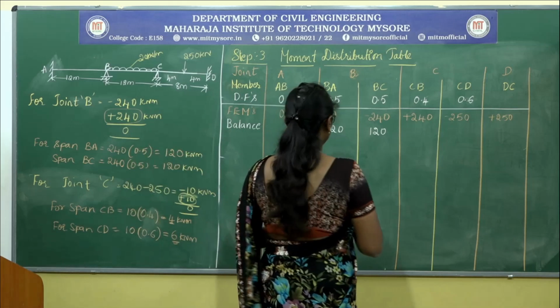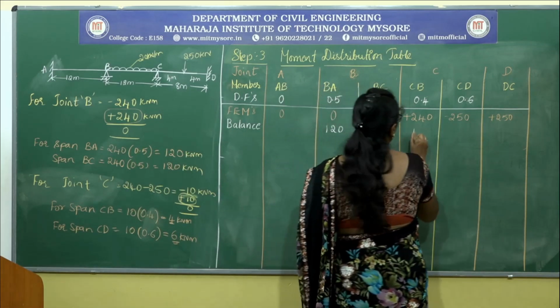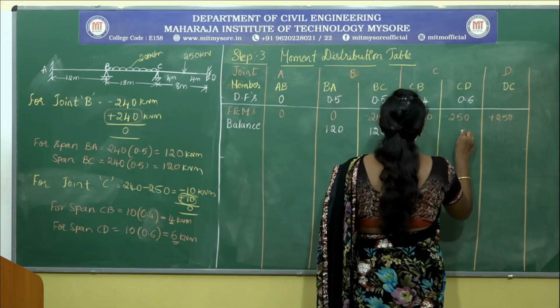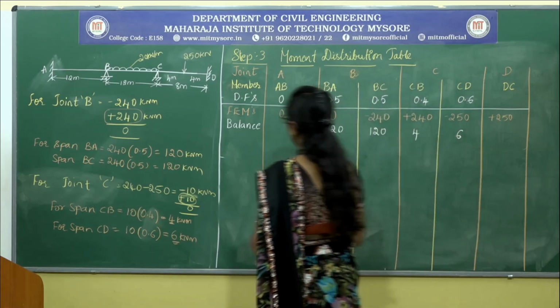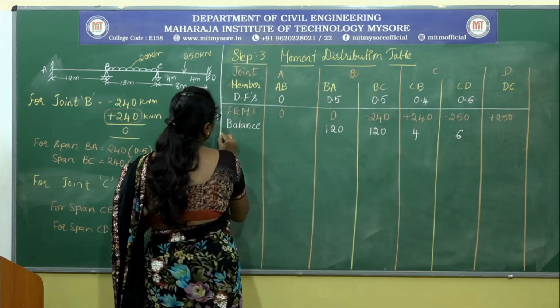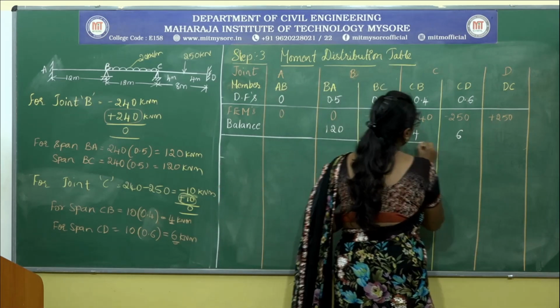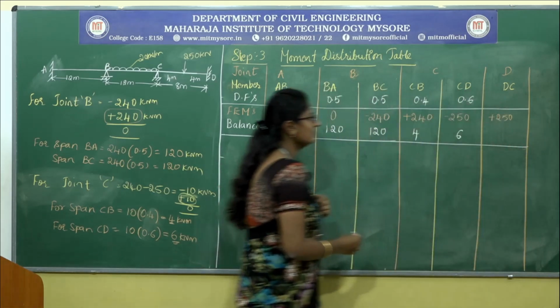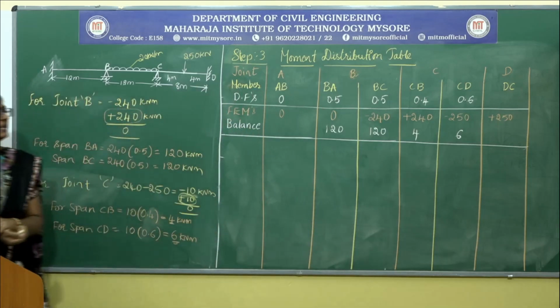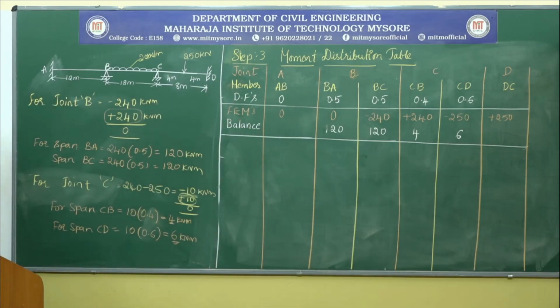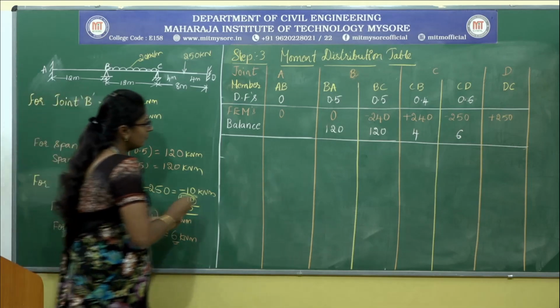So, this is equal to plus 4 and 6. Now, the joints are balanced with the moments. Now, we shall go for the next step, which is called the carry over moment,